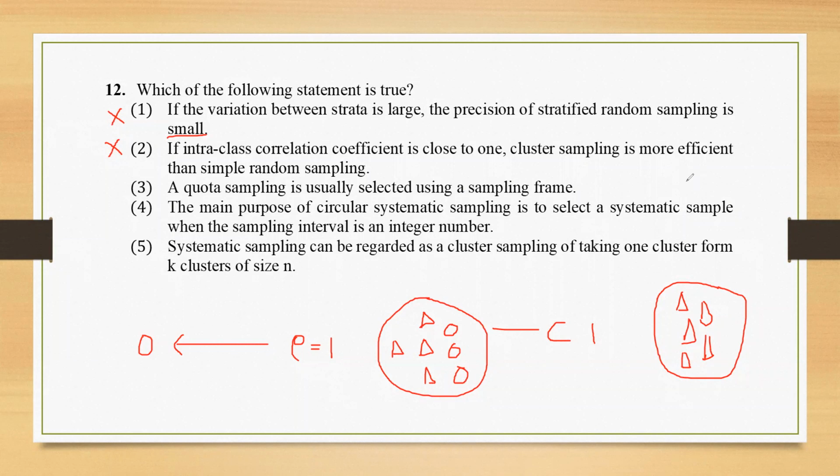Right. Third one. Quota sampling is usually selected using a sampling frame. So let's talk about the sampling frame. Normally we learn that if we want to do a random sampling, except cluster sampling,